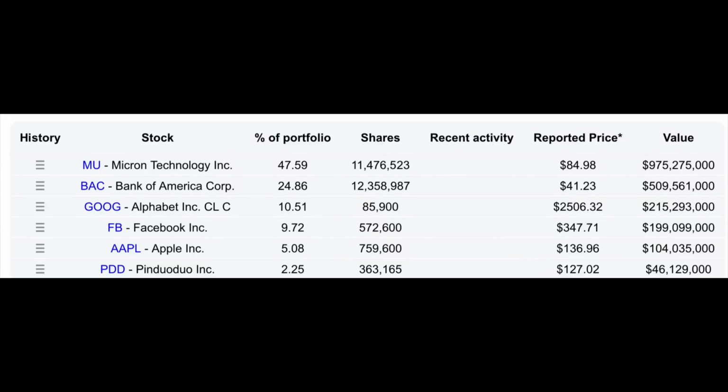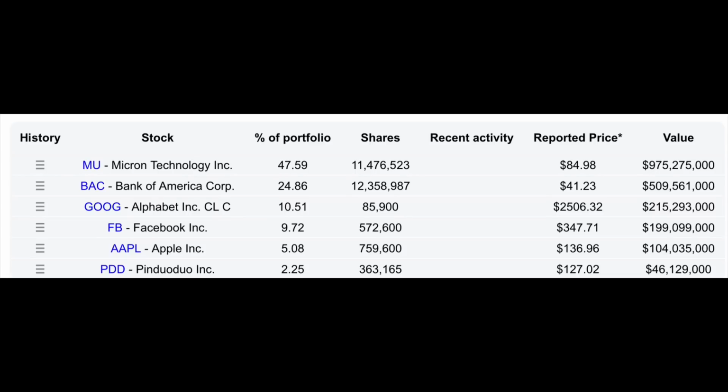So the big ranges in position sizing there. Micron, like I said, is 47% of the pie. Those position sizes shrink down quite aggressively to the point where Pinduoduo is only about 2% of the overall US portfolio. And jumping over to ticker now, this actually does pick up one additional holding which the 13F filings don't,